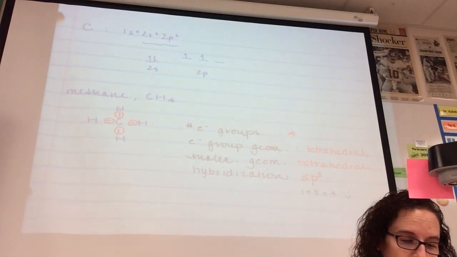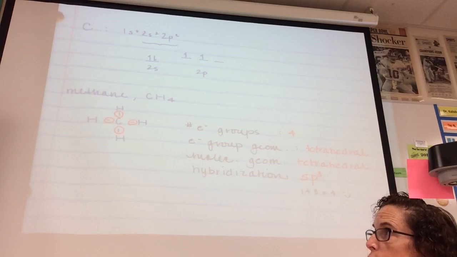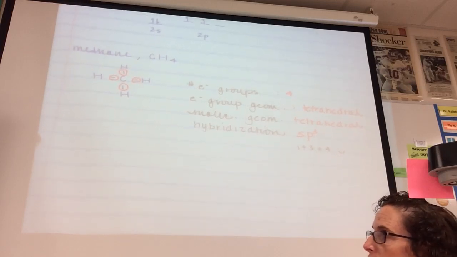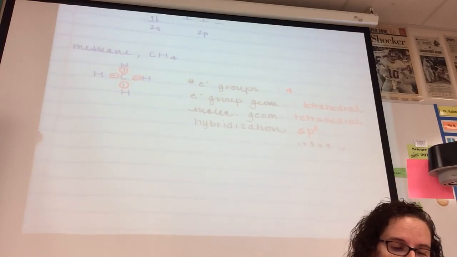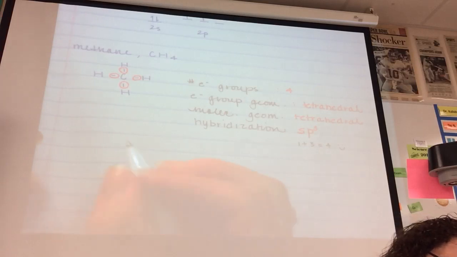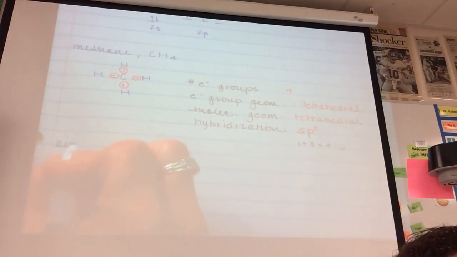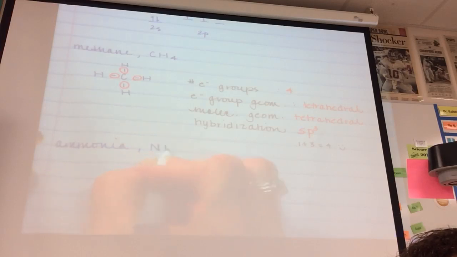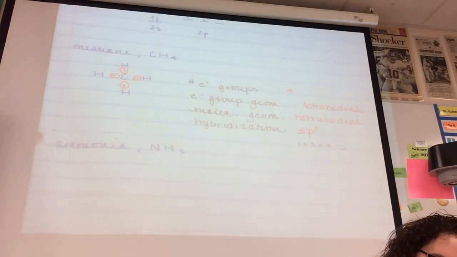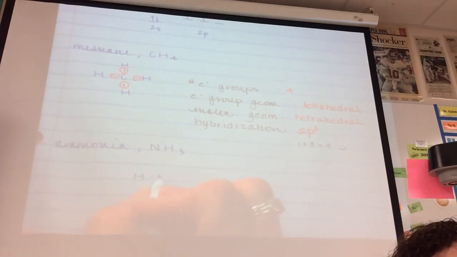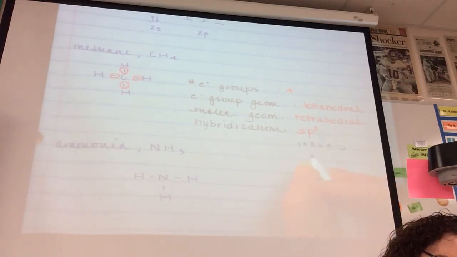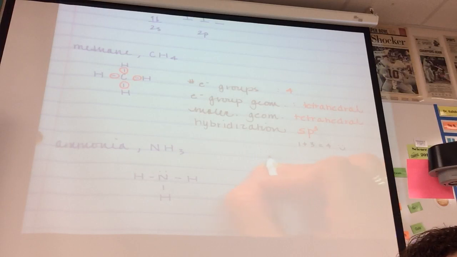So, we can consider 2 more molecular geometries that have this electron group geometry. We have ammonia, and we have water,